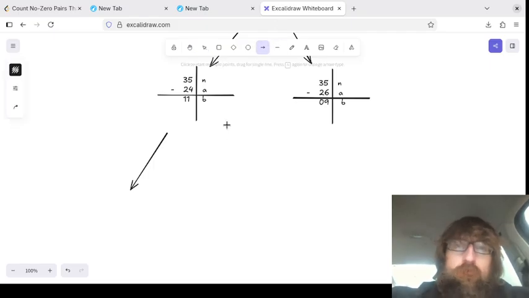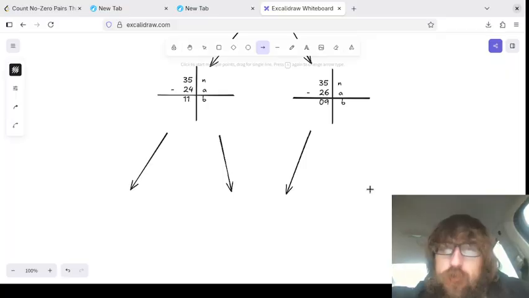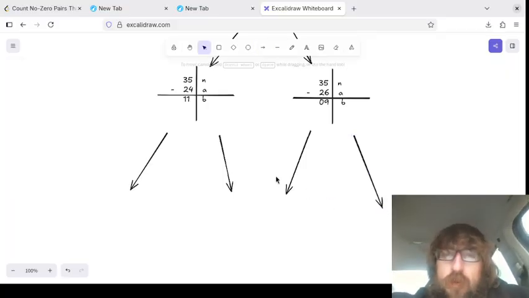Excuse me. Arrow, A or 5. Okay. I'm going to get a lot better at using Excalidraw, I think. So